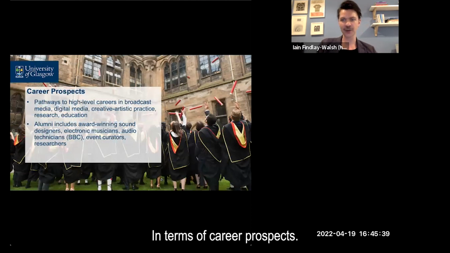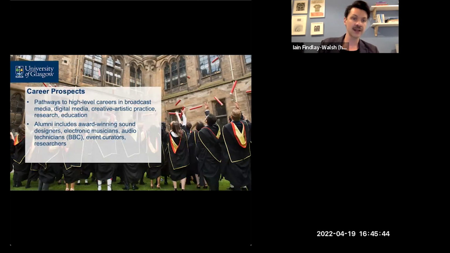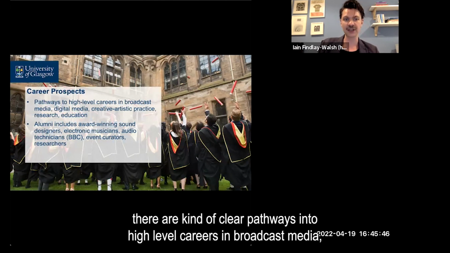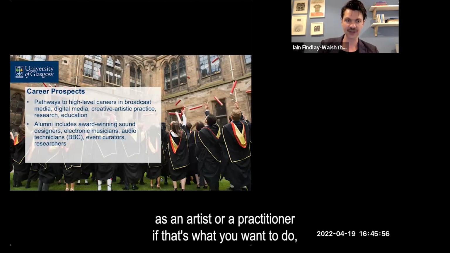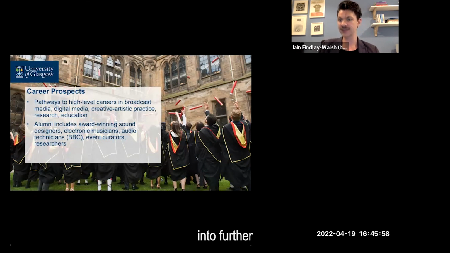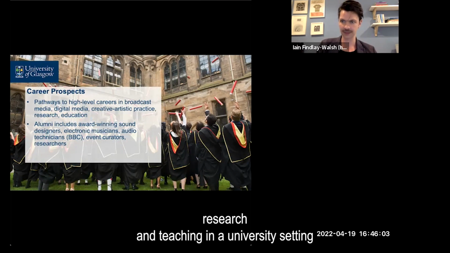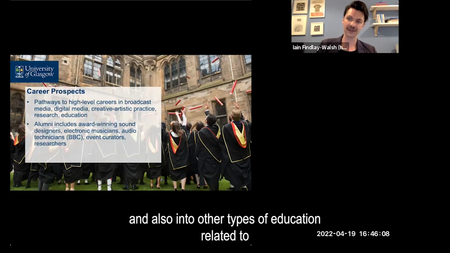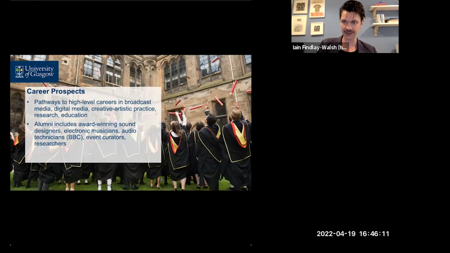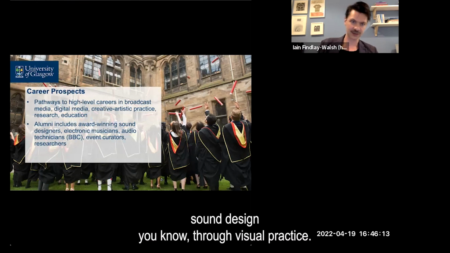In terms of career prospects, I think alumni from the MSc, there are clear pathways into high-level careers in broadcast media, digital media, into developing your practice as an artist or a practitioner, if that's what you want to do, into further research, doctoral research, research and teaching in a university setting, and also into other types of education related to sound design and audiovisual practice.